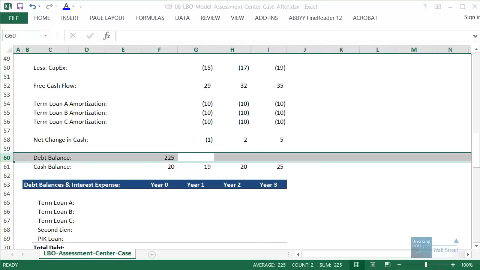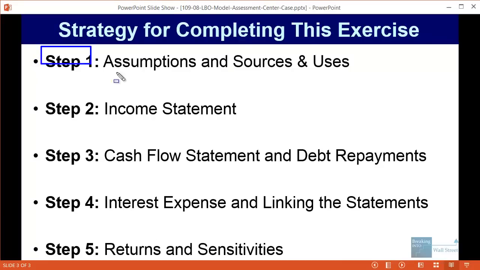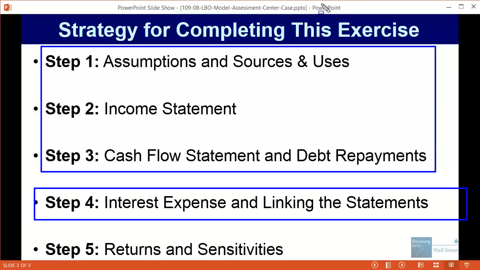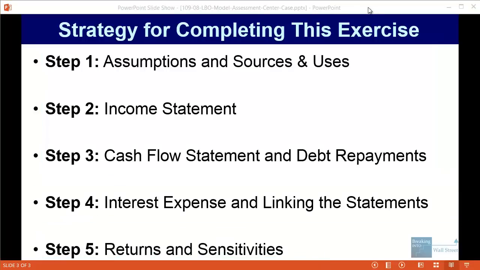So taking a look at where we are, we've just finished steps 1 through 3 actually. And now step 4, the interest expense and linking the statements. And step 5, the returns and sensitivities are next. So for step 4,